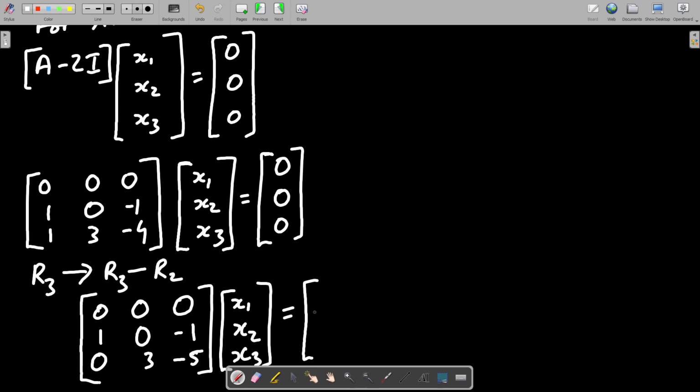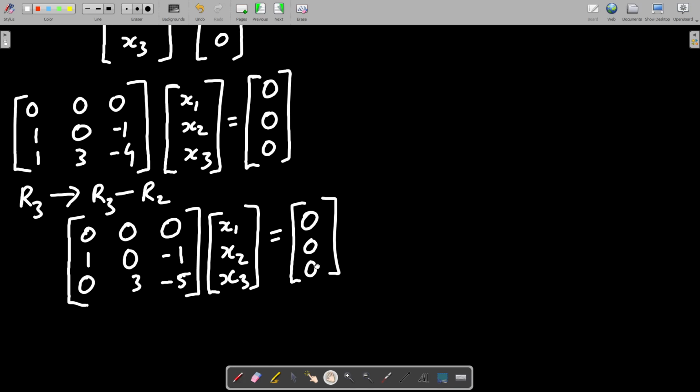Going further will not give us anything different. We'll get only better numbers. Instead of 3 we can make this a 1 and this is 5 by 3, and we can use this to kill this. No, you can't kill anything further. Except for changing the 3 to 1, nothing else can be done. Okay.